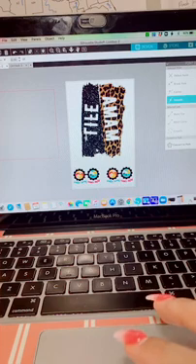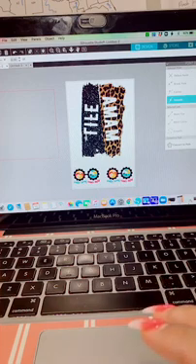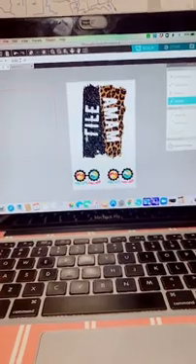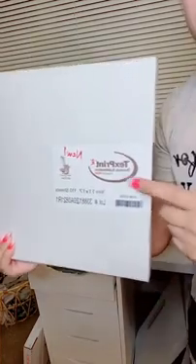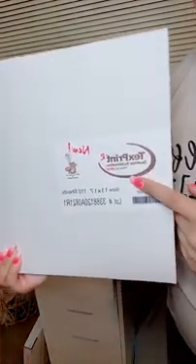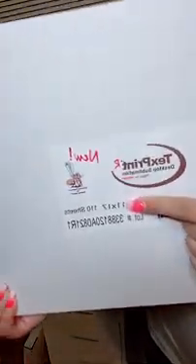So let me go ahead and print this out. For this design, we have to use the 15,000, so I'm going to load a sheet of 11 by 17 paper into the 15,000. I'll bring you guys over to the 15,000. This is the paper that I use, Texprint. The link is in my bio if you want to use this type of paper, and the size I'm using is 11 by 17.